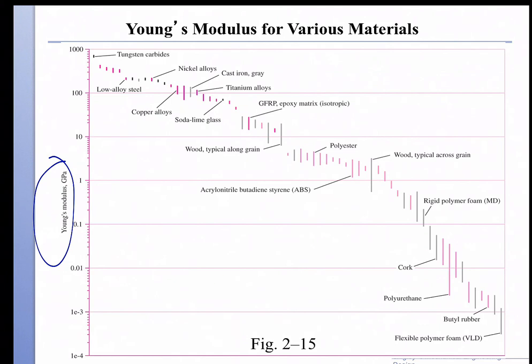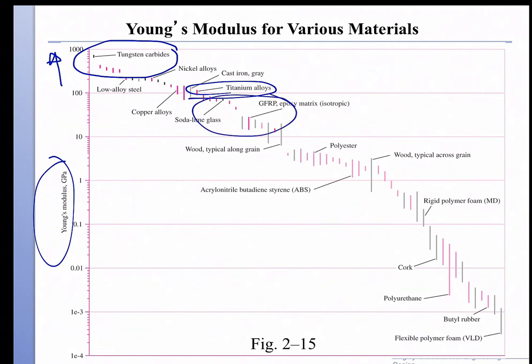So you would see just generally that the metals have the highest Young's modulus, from 100 to 1000 in units of GPa, and at the lowest end of the metals is the titanium alloys, and then you get epoxies, which have